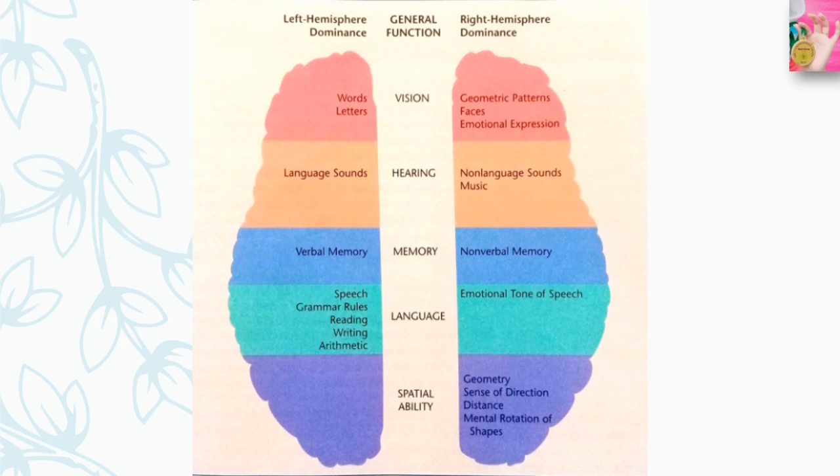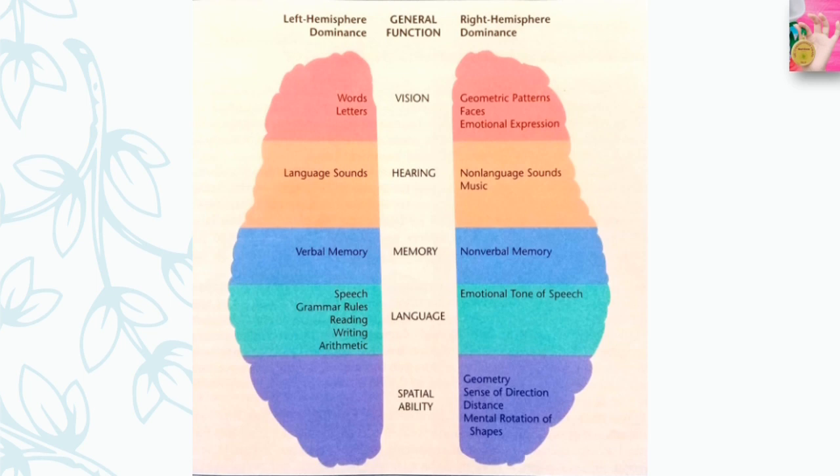In the normal brain, the left and the right hemisphere function in an integrated way, constantly exchanging information. So this picture indicates which hemisphere typically displays greater activation or exerts greater control over a particular